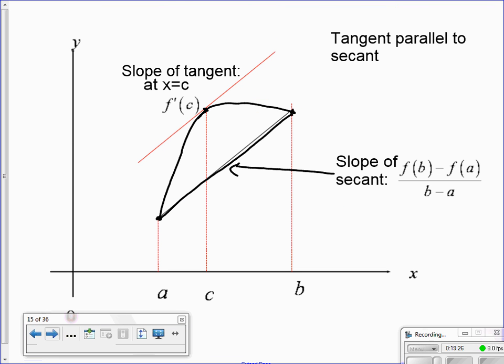Here's a better picture, and I hope you can see that this would have to be true. The average rate of change, remember, is just the change of y's over change of x's. That's the slope of the secant. It has to equal the slope of the tangent at least once for some value c between A and B. And so we're going to do a couple of problems where we find out where this value c is. So our first example